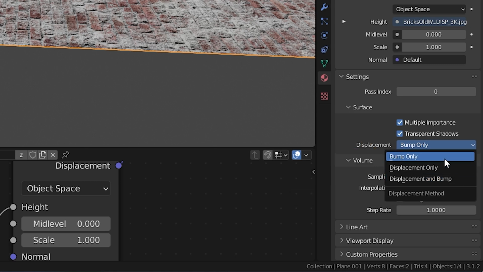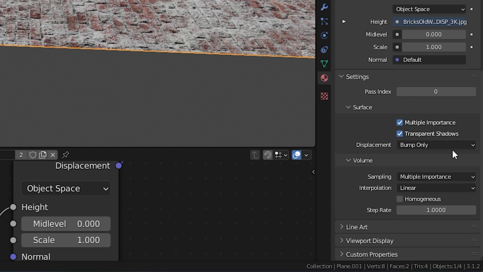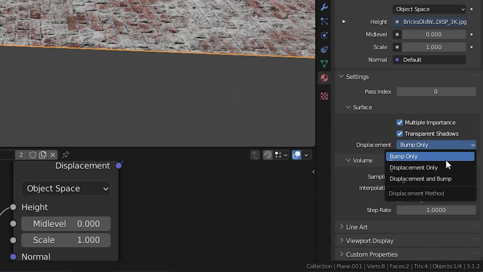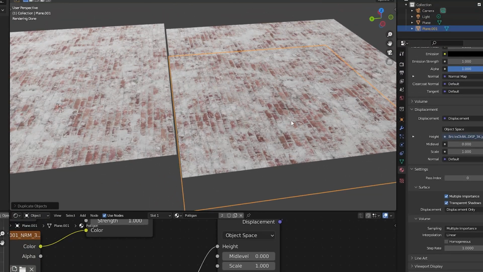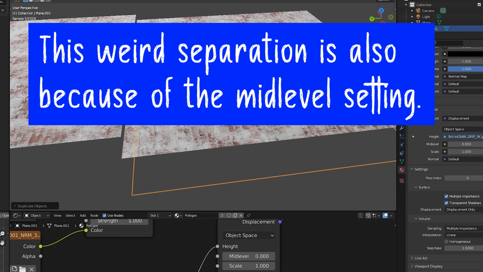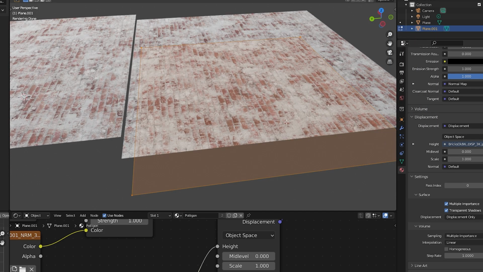There's also an option to use both bump and displacement, which is going to give you the most realistic effect probably. What it defaults to is the bump map, which is what we see here. A little more detail without any more geometry needed. Let's change to displacement. Nothing really happens. This is because true displacement uses the geometry of the mesh, and this plane only has one face on it.